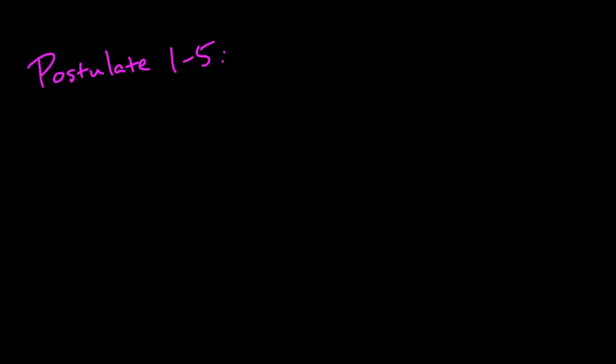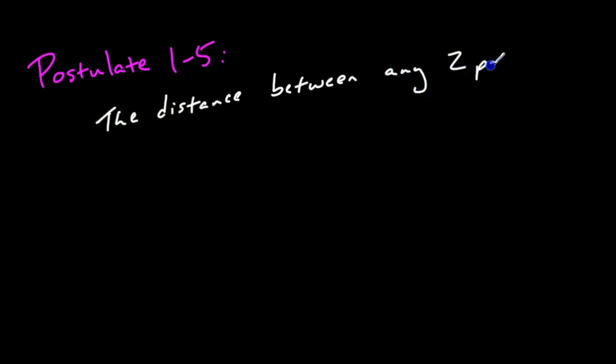Postulate 1-5. Now we have a lot of postulates. It's not important that you guys remember which postulate corresponds to what, but it is important that you do remember the main ideas covered. So postulate 1-5 states that the distance between any 2 points, it could be any, A and B, C and D, it doesn't matter. The distance between any 2 points on a line